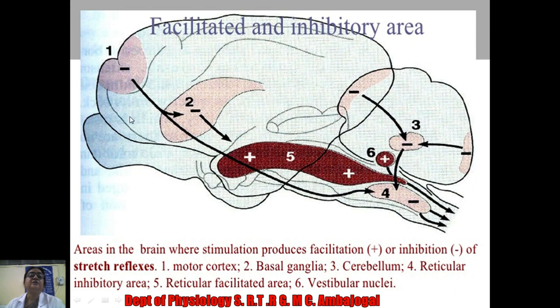Here in the decerebrate preparation, which came up in the lecture on posture, a section is taken between the superior colliculus and inferior colliculus. Automatically the inhibitory influence from these 1 and 2 is lost from the reticular formation. So what will happen? There is an increase in tone, the term given is rigidity, that is decerebrate rigidity. But now only one inhibitory center remains. What is that? The cerebellum.